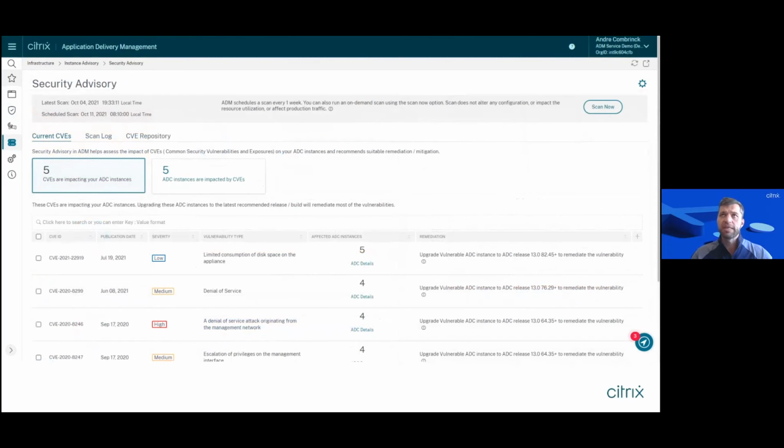Many of the vulnerabilities that are released from our ADC platform are available right out of the ADM service, so that you're able to see at a glance when an ADC that's running in your environment is vulnerable or exposed to any of these new announcements. And you have this capability from the ADM to actually go and deploy the remedies and the mitigation measures easily